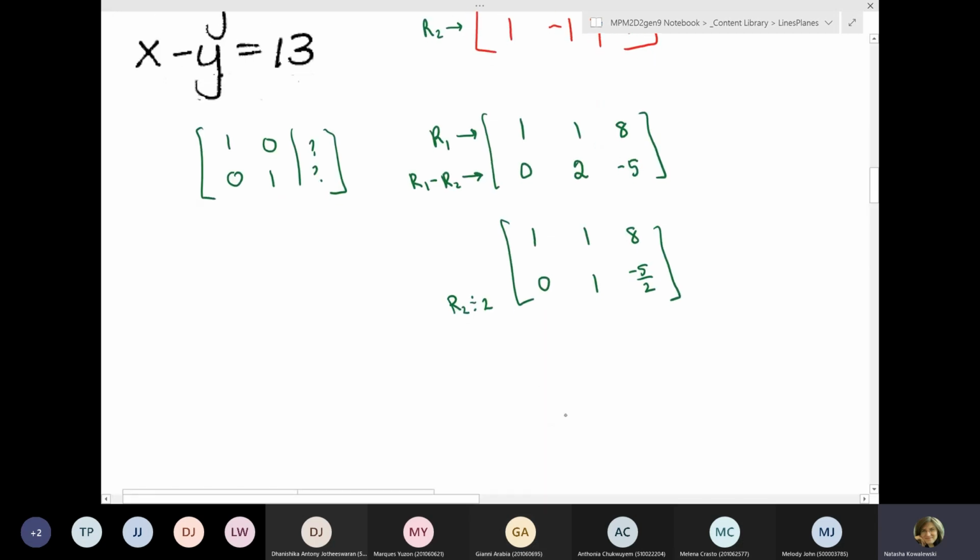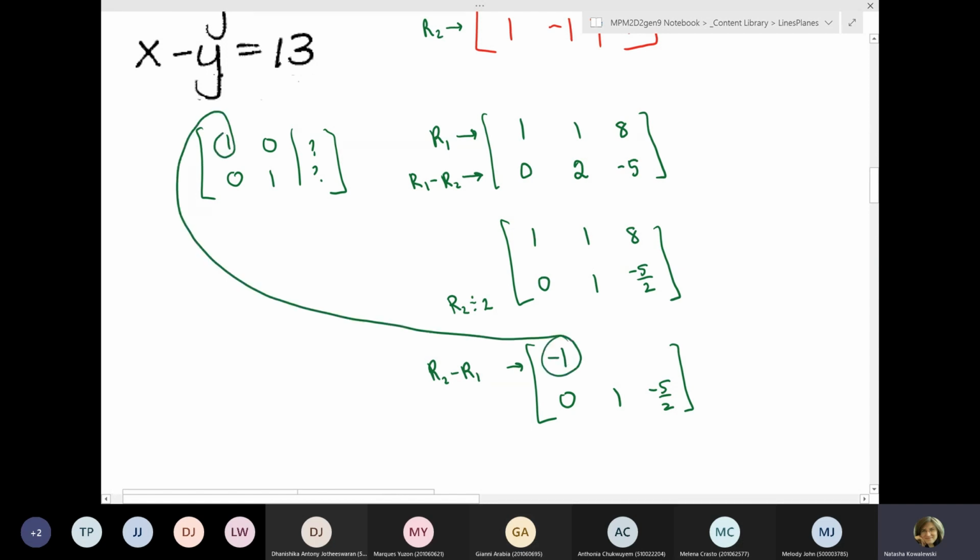So next one down. I'm going to keep row 2 as is, so I'm not going to change this one. And I'm going to record what happens with the one up here. So in order for me to get the 0 over here in this position, I have to subtract these 2 rows, but you have to do it in the correct order. If you were to say row 2 minus row 1, then watch what would happen. What's 0 subtract 1? Well, that's going to give me the negative 1, and that's no good because now it's no longer positive 1. So we are going to make sure that we do it row 1 minus row 2,